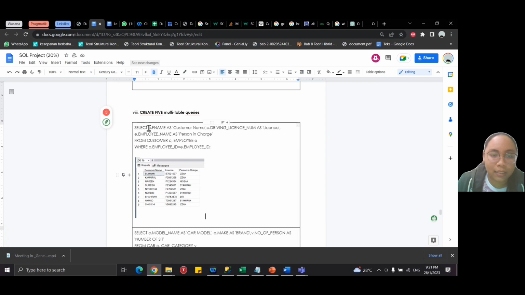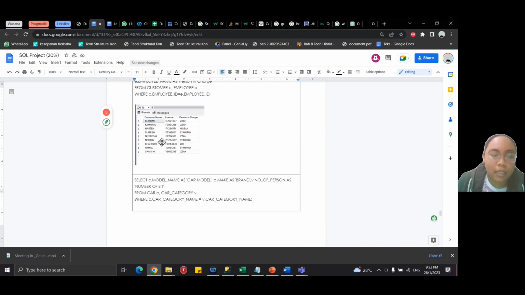The data that I take: the first one, first name, which is from table customer, and name it as customer name. And the next one is driving license, also from the table customer, and name it as license. And the third one was employee name, and I name it as person in charge. The employee name is data from the table employee, and when it's executed,